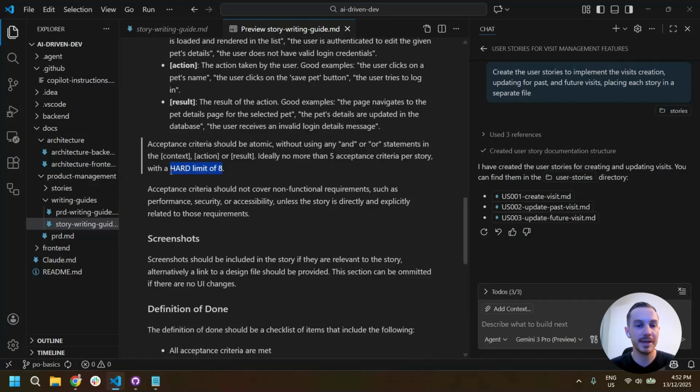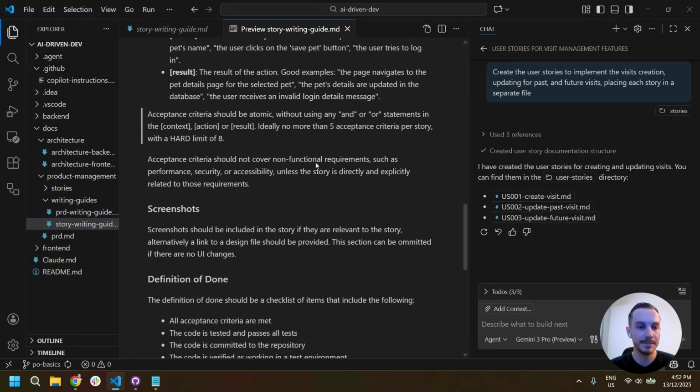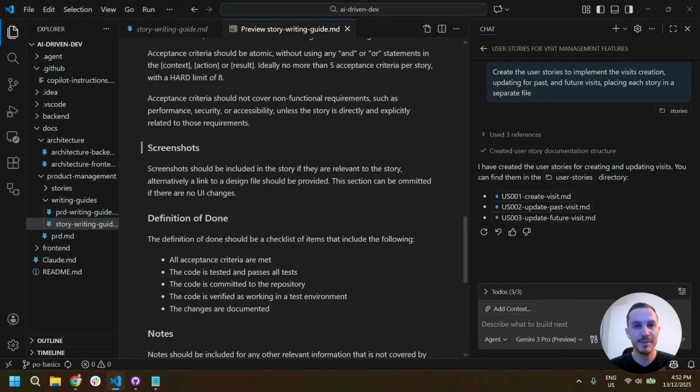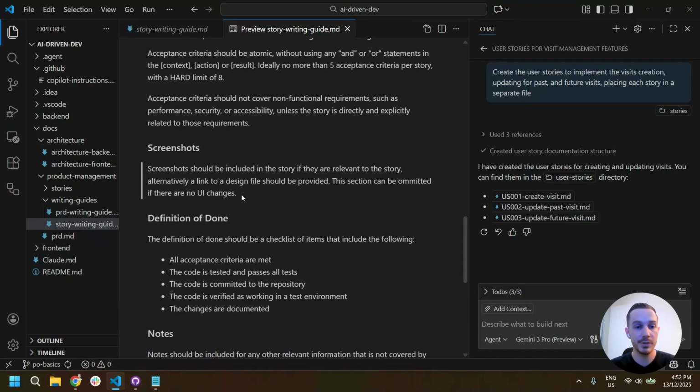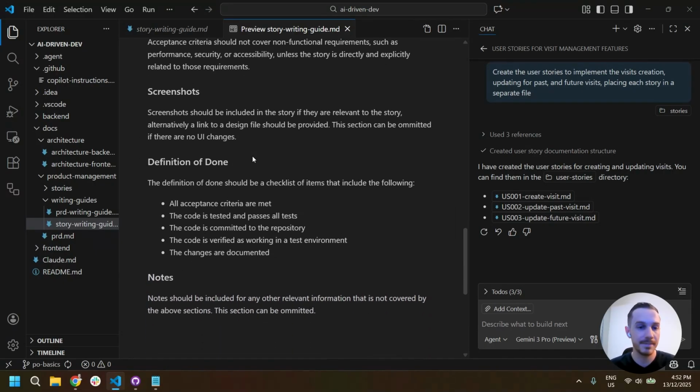Also making sure that it doesn't create too many acceptance criteria, overwhelming the developers or the story with too many different things that it needs to do. Often that ends up with feature bloat and code bloat that hinders performance of the feature. Screenshots, self-explanatory. If there are any UI designs, UX designs from Figma or from the design team, they are to be added, because a picture really does tell 1,000 words. Good acceptance criteria is good, but a great screenshot is great.